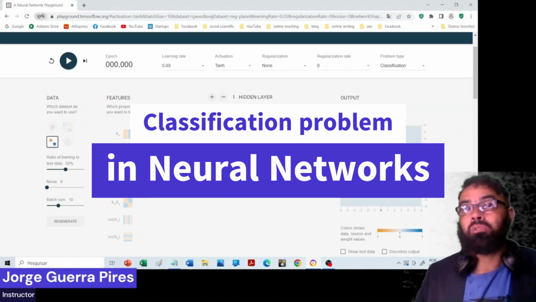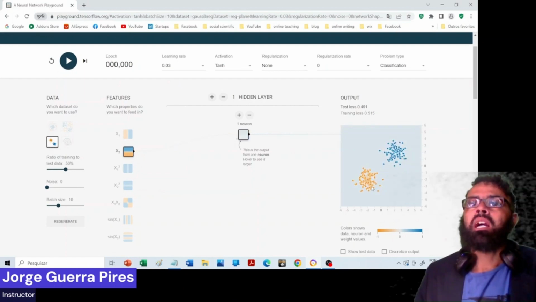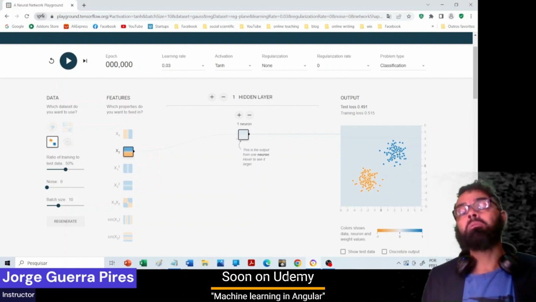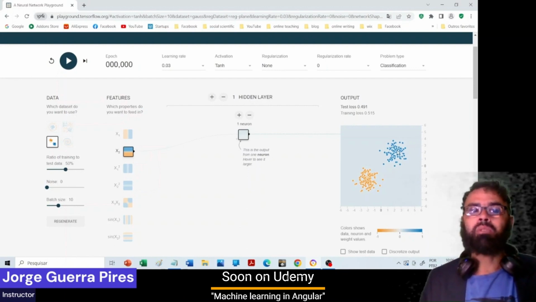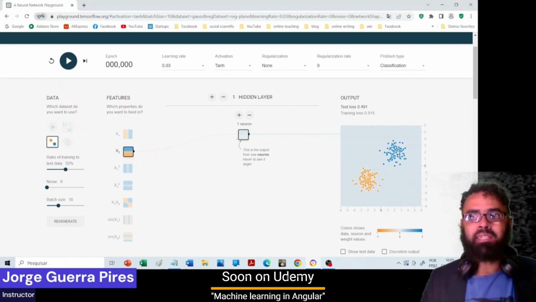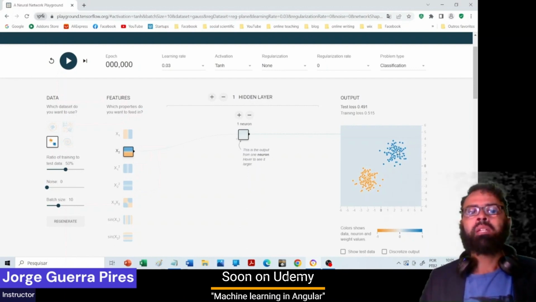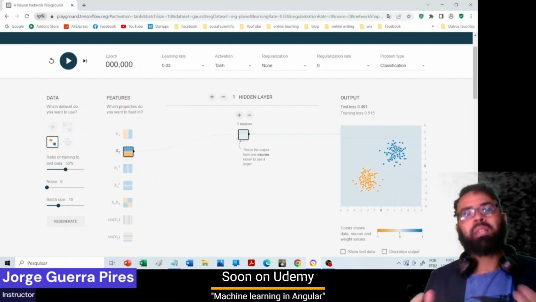This one is very straightforward. As you can see, you have here a cup of the orange and a cup here of blue. That could be, for example, the case of if someone has diabetes, someone does not have diabetes. We are going to see there is a part in which I explain how I show some examples I had